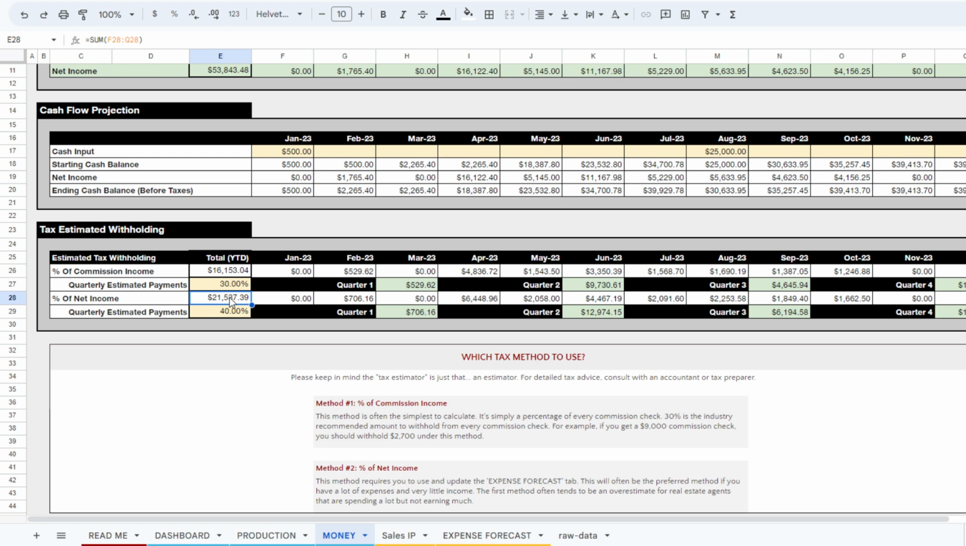Which one is the better method for you is going to depend on your situation and where you are in your real estate business. For real estate agents who are eating up a lot of cash, in other words, they're not making a ton of income because they have a lot of expenses, they're trying to grow their business, or they're just getting started, the percentage of commission income tends to be a way overestimation and you end up withholding way too much in taxes. So the second method is likely to be a better method